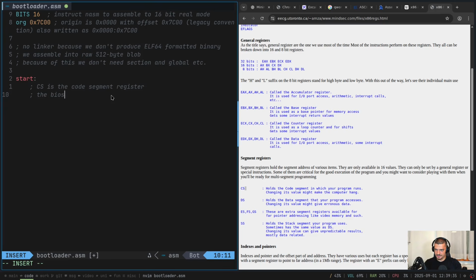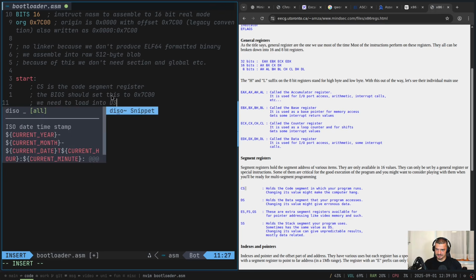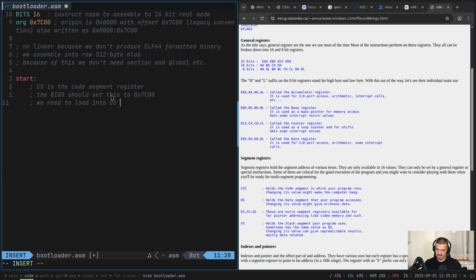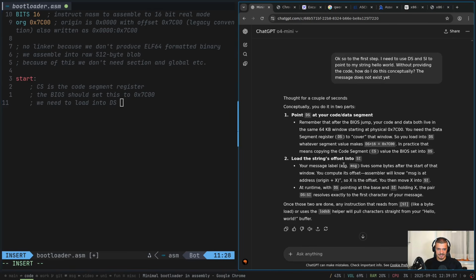The BIOS should set this to 0x7C00. We need to load into DS. Now I'm not sure I understood exactly because,